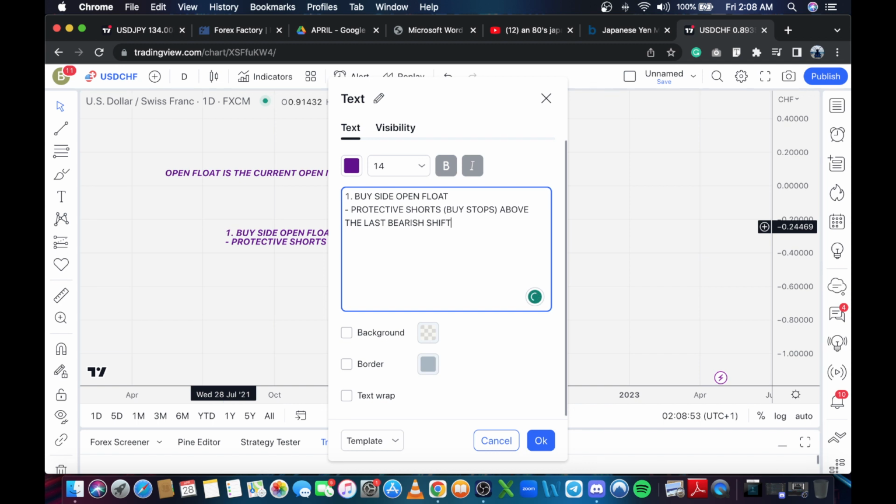It could be within the last 20 days, last 40 days, the last 60 days. We're looking at the last bearish shift on the higher time frame, and I will explain why. When we're dealing with higher time frame, we're dealing with fund level plays and fund level liquidity. It's going to be buy stops above short-term high,